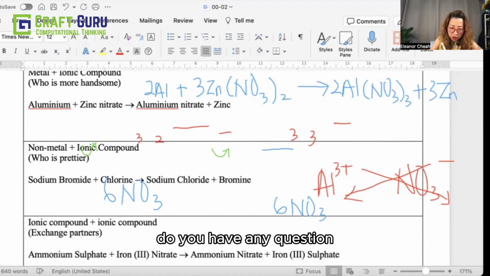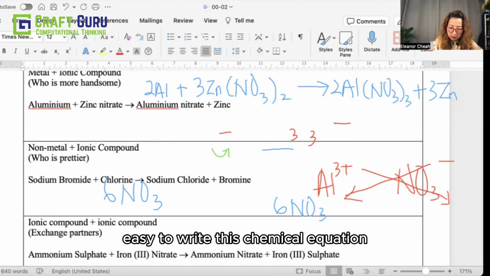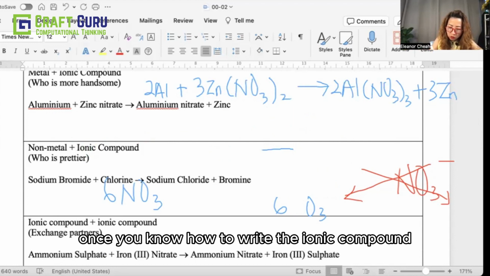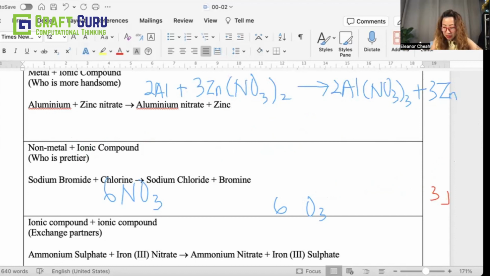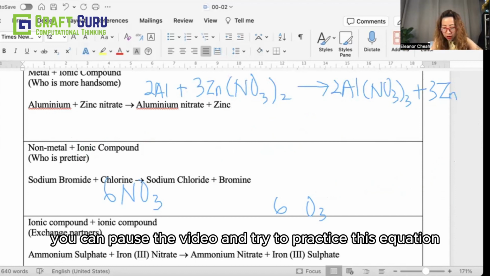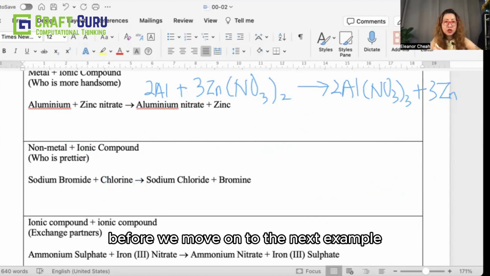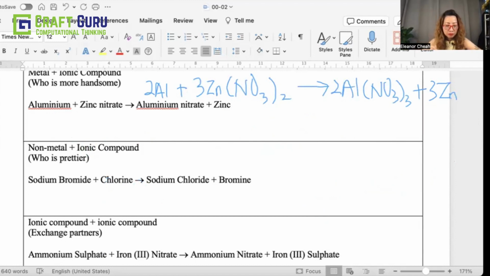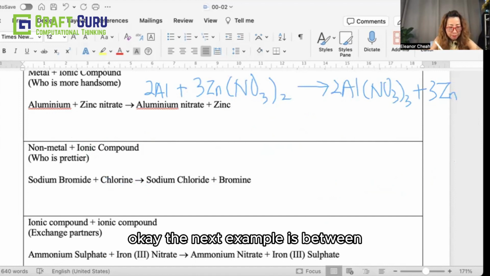Do you have any question? It's easy to write this chemical equation once you know how to write the ionic compound. You can pause the video and try to practice this equation before we move on to the next example. Okay, the next example is between